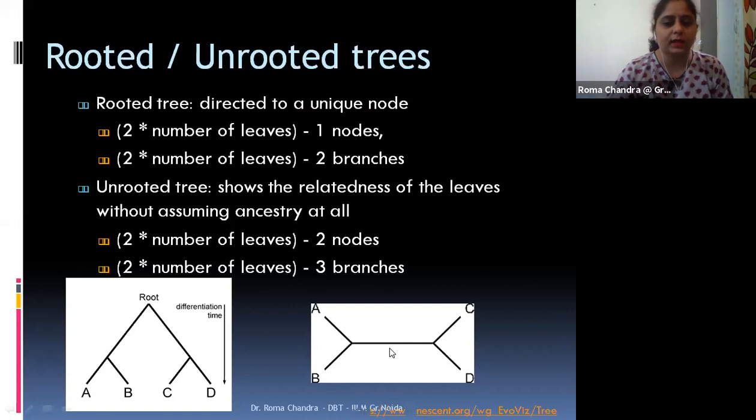Both kinds of trees are there and we can study both, but for an evolutionary relationship study our main motive will be to go with rooted trees, because we are trying to understand whether there is any common ancestry between all the species or sequences for which we are considering the presence of similarity.